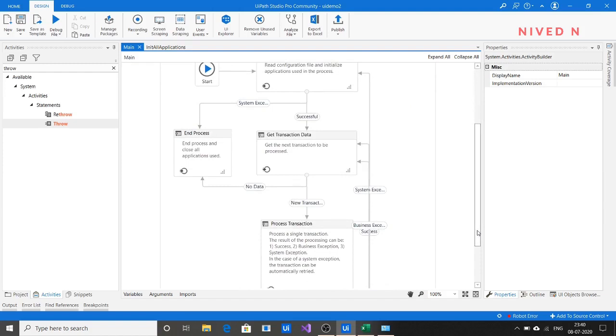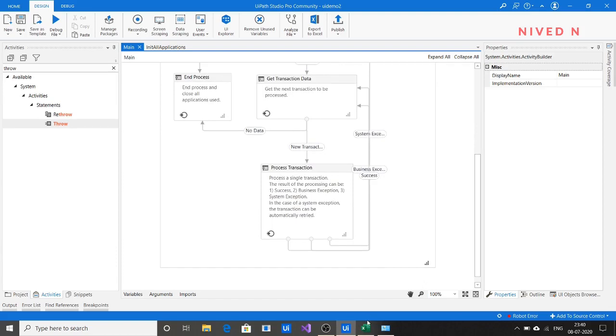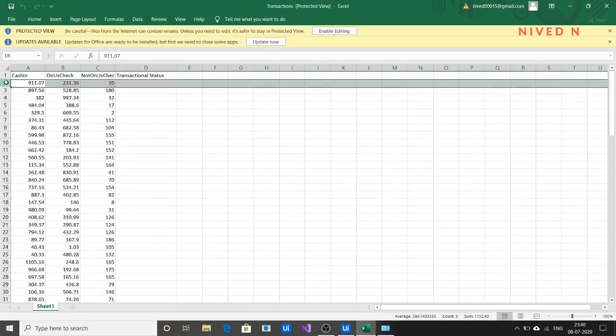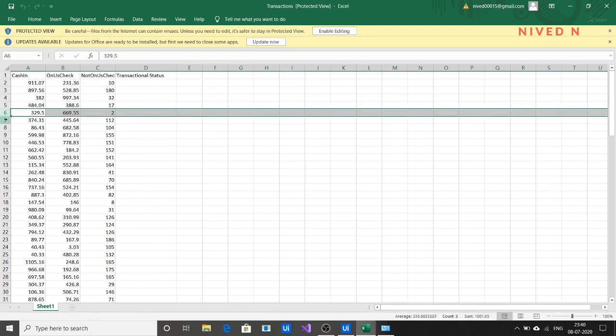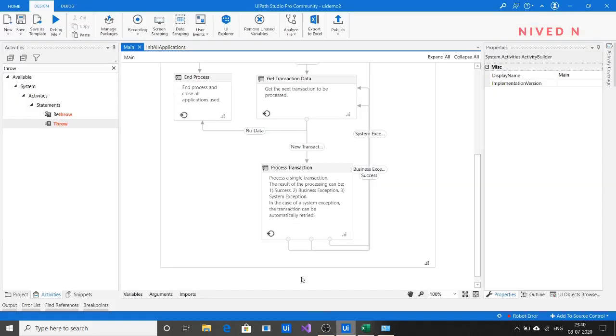You have to provide a transaction item to the process transaction state. We know that here we are using the data table method, and in the data table we consider each row as the transaction item. So we have to provide the condition to obtain the transaction item.